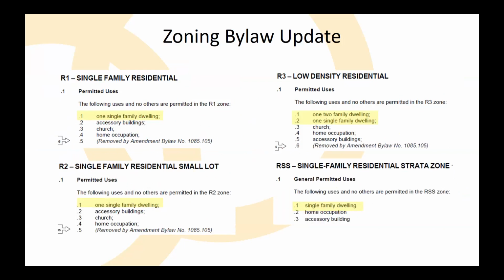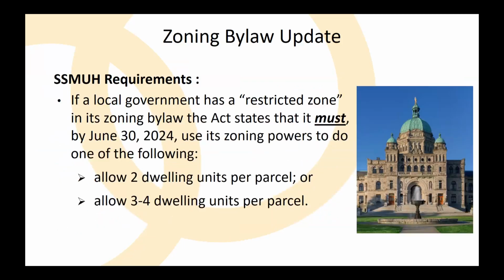So yes, you could have a duplex, that's two units, theoretically complies with the zoning, but it doesn't provide the flexibility in terms of people who might want to do one single detached dwelling unit with a suite, or one single detached dwelling unit with an accessory dwelling. So these are all examples of the restricted types of zones that the province wants local governments to move away from. And the legislation said that these zoning changes need to be implemented by June 30th of 2024 this year,